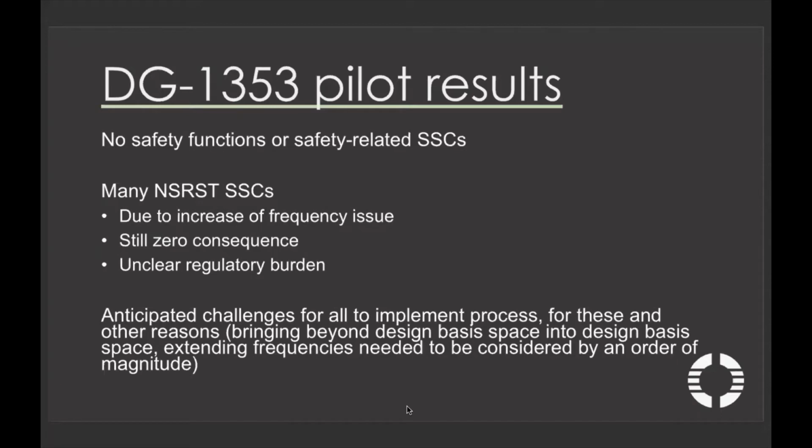But it's not just these. These are the focus of what I wanted to bring up here, and our key challenges we thought a range of non-LWRs may have with this process. But beyond that, there are actually several other issues. For instance, the way that the guidance is written essentially brings beyond design basis space into consideration of design basis